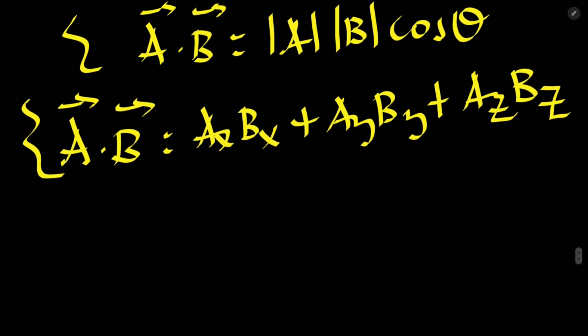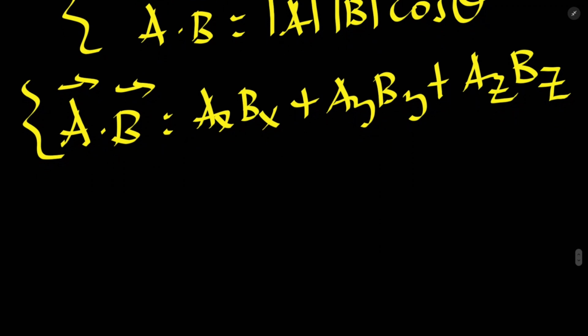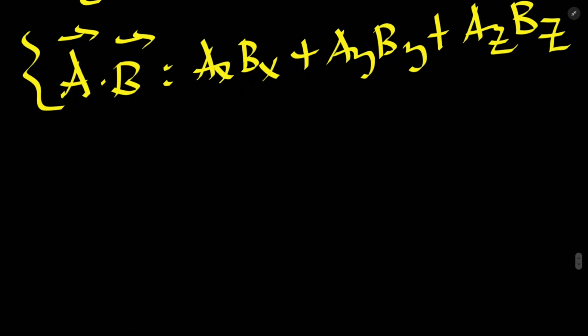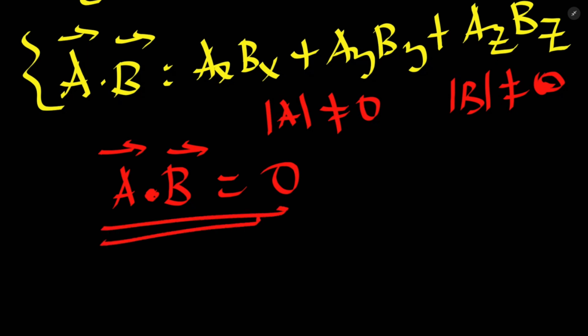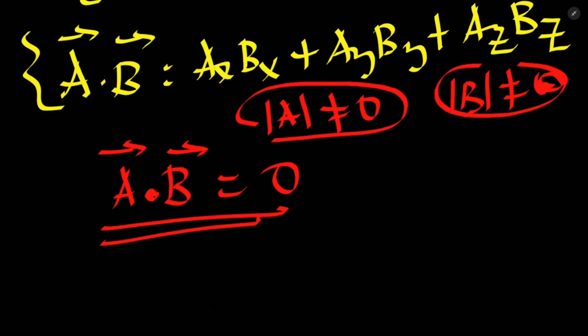ስካላር የተባለበት ምክንያት ሁሌ ፕሮዳክቱ የሚሰጠን ያለ ዳይሬክሽን ቁጥር ብቻ ስለሆነ ነው። ሁለት ዜሮ ያልሆኑ ቬክተሮች which means the magnitude of A is different and the magnitude of B different from 0 ብለን እንውሰድ። so if their dot product became 0 ሁለቱ ቬክተሮች ከዜሮ የተለዩ ሆነው ዶት ፕሮዳክታቸው 0 መጣ።